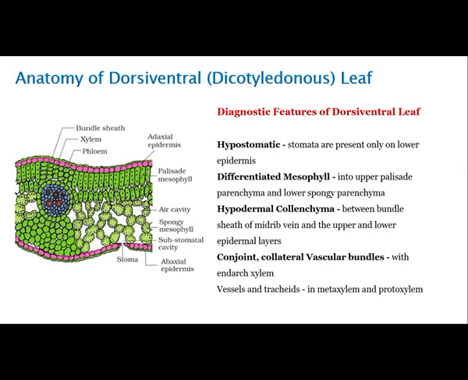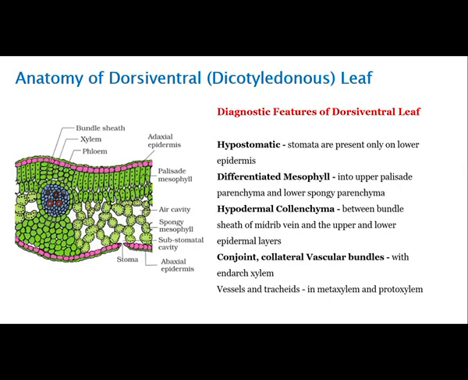Now the ground tissue system can be divided into the mesophyll cells. The mesophyll cells can again be divided into two types. One is the palisade parenchyma and another one is the spongy parenchyma. The palisade parenchyma is toward the upper epidermis and is elongated, and the spongy parenchyma is toward the lower epidermis and is round in shape. Both these parenchyma contain chloroplast, and that is why it is called chlorenchyma, as they contain chlorophyll and they are the key for photosynthesis.